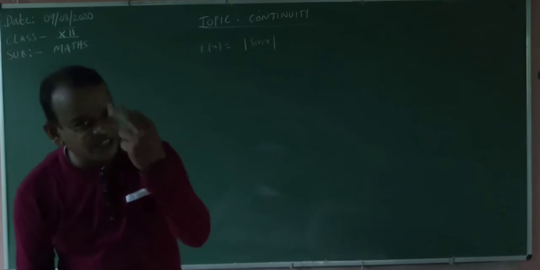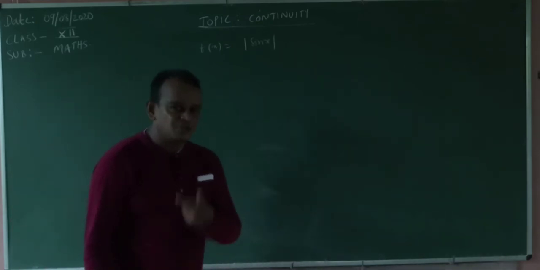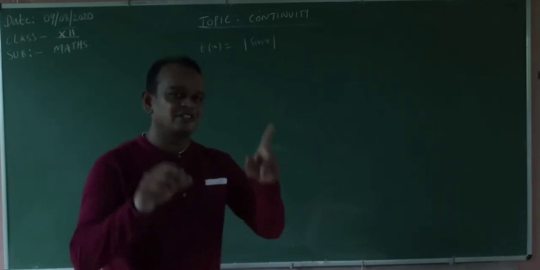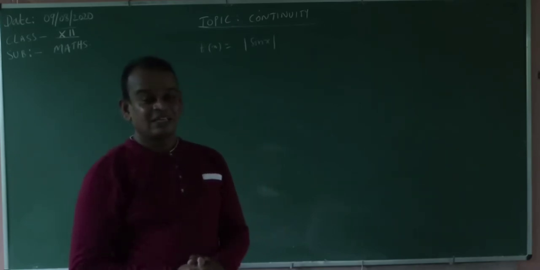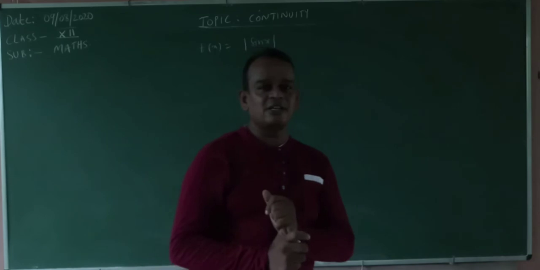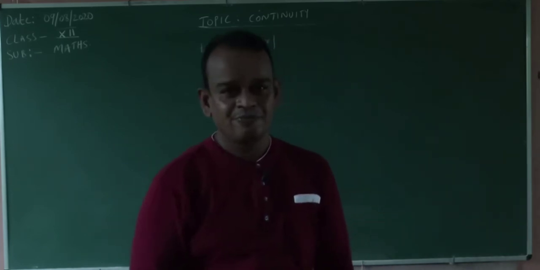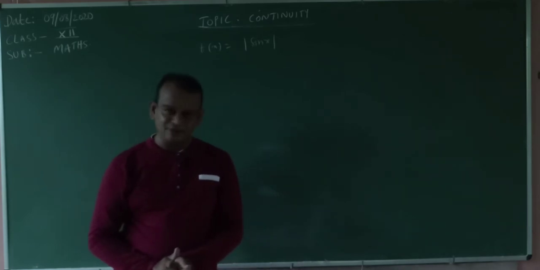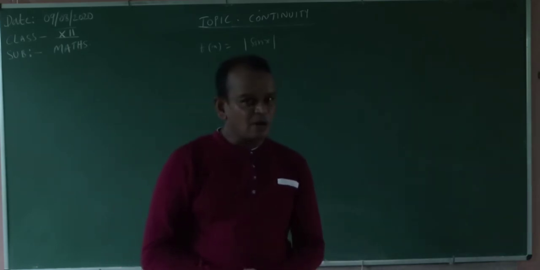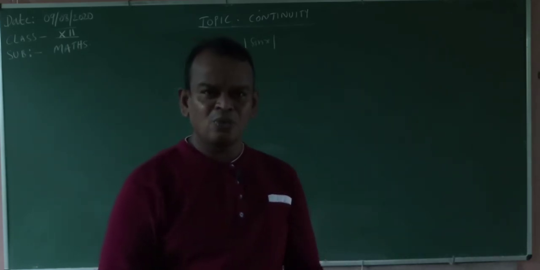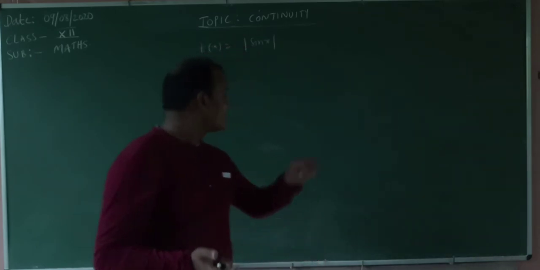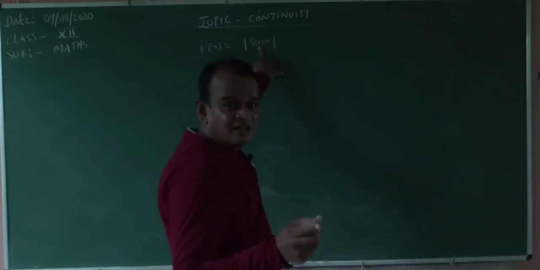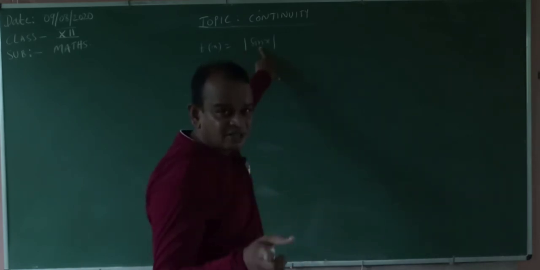First, we will think. In this one, two functions are there. One is the trigonometric function sin x, and the other is the algebraic function mod x. This mixing of the two functions is called a composite function. First, we can find the domain of sin x. You know the domain of sin x is R. The domain of mod x is also the real numbers. The domain of sin x, 100%, is R, and the domain of mod x, 100%, is R.